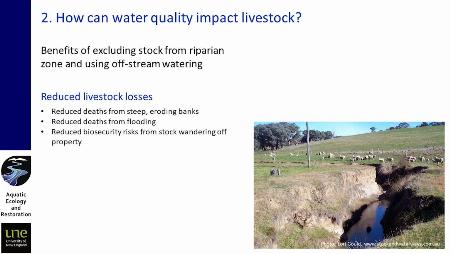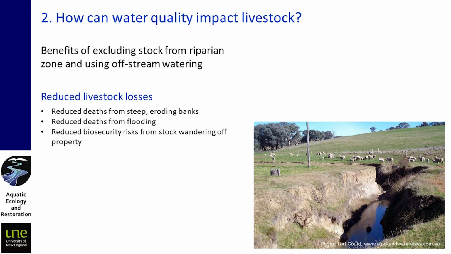As well as that, when we have actively eroding banks, and we have very unstable, steep slopes, they've shown that if you remove the stock from accessing those banks, and you remove the incidence that they're having to traverse those unstable steep banks, then you're reducing your deaths from sheep or cattle losses. Calves in particular sometimes can't really navigate those slopes, and so lambs and calves are more likely to be lost, and even cows or sheep during the lambing or the calving.